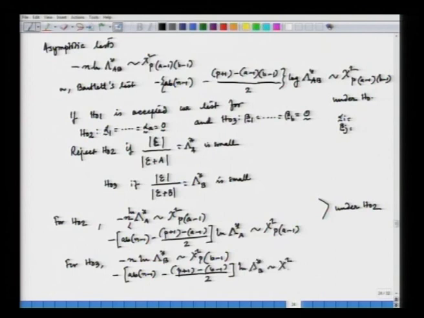This follows a chi-square P with B minus 1 under H03. So I can find the values and immediately get the test procedures, I get my decisions, and next what I